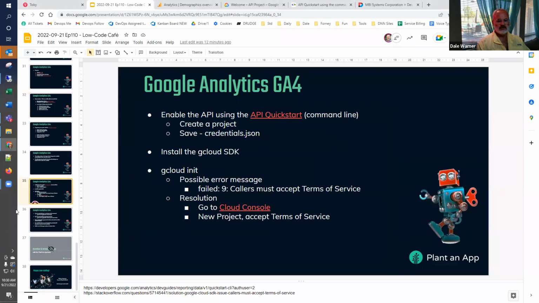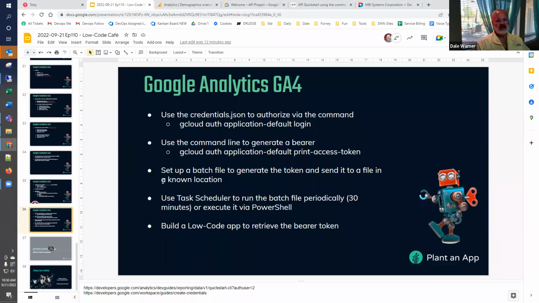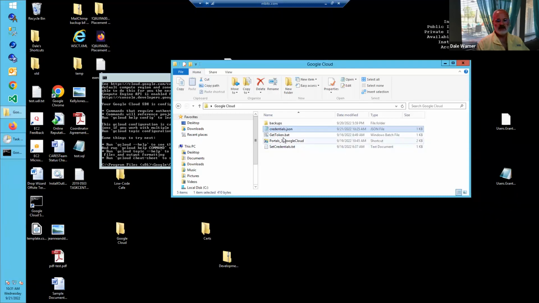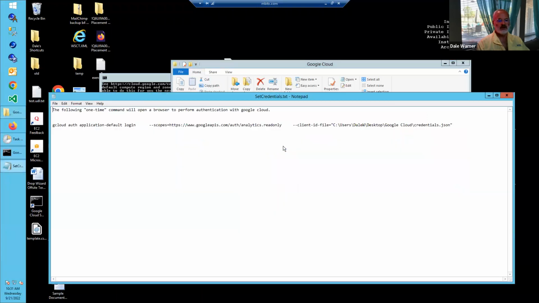All right, back to, we did gcloud init, and now the next step is that we have these credentials, credentials.json, and we have to use a command called gcloud auth application-default login. We're going to use our credentials to do that, but that's the command that we need to use. And I've already again, this entire command is going to be in the notes for this episode, but it's this one, gcloud